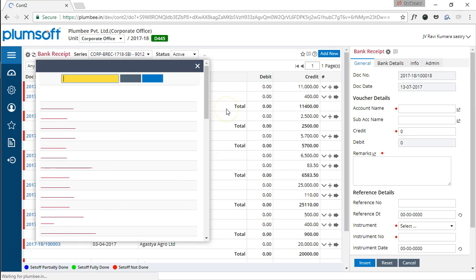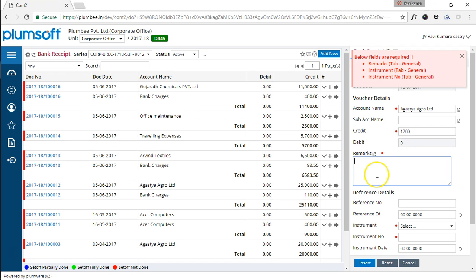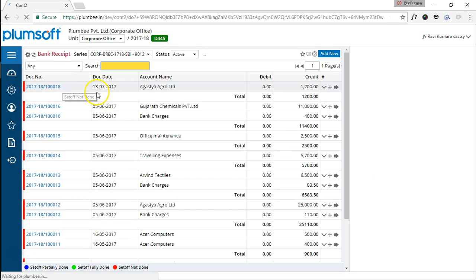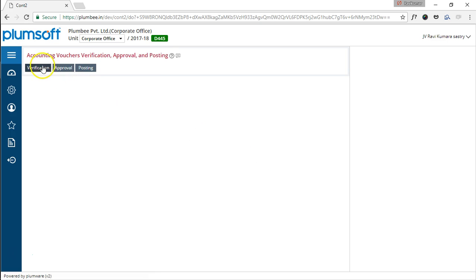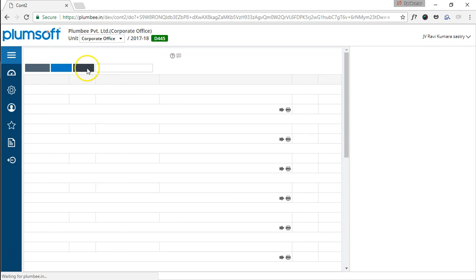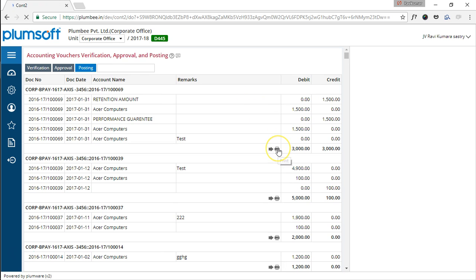I can pick the account number, and maybe I have received 1200 instrument. So I created this voucher, and you will see the voucher got created here. Then after creating, I can post this voucher or hold the voucher or cancel, whatever is possible. Okay, I can go to the maker checker. Once I go to the maker checker, the pertinent data will be visible for verification, approval, posting, and this is constant throughout. You could print the voucher and see here,